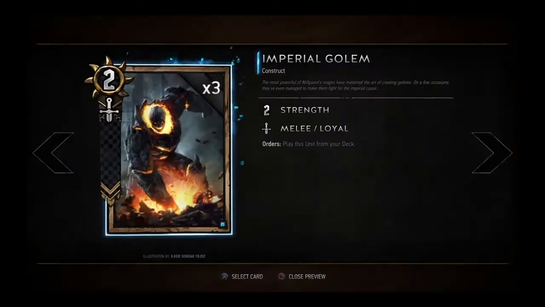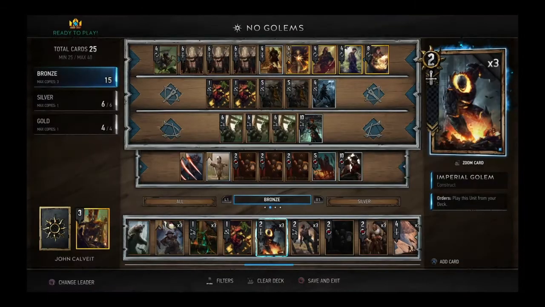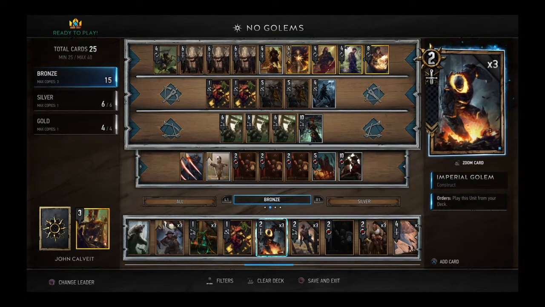Where are they? The Imperial Golems. They're really, really powerful cards. I'm not gonna lie. You play your hero power and it pulls all three of them from your deck. It's deck thinning and it's really strong. It's a free six, an extra six strength to your hero power. But I hate them because of a couple of reasons. One is that they force me